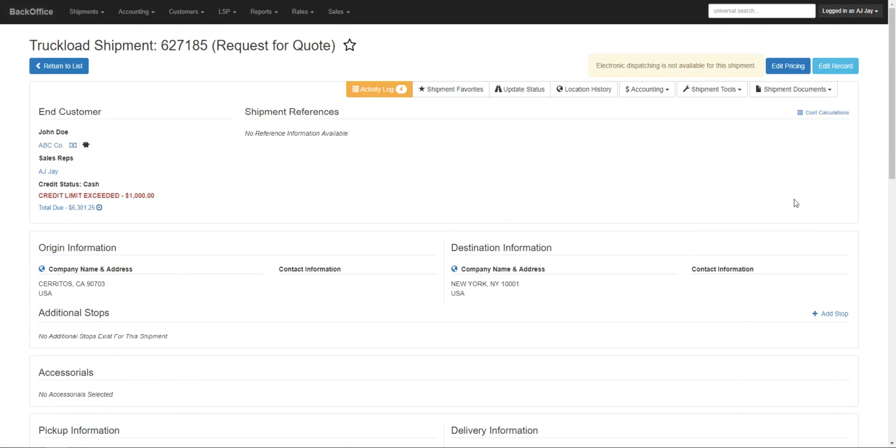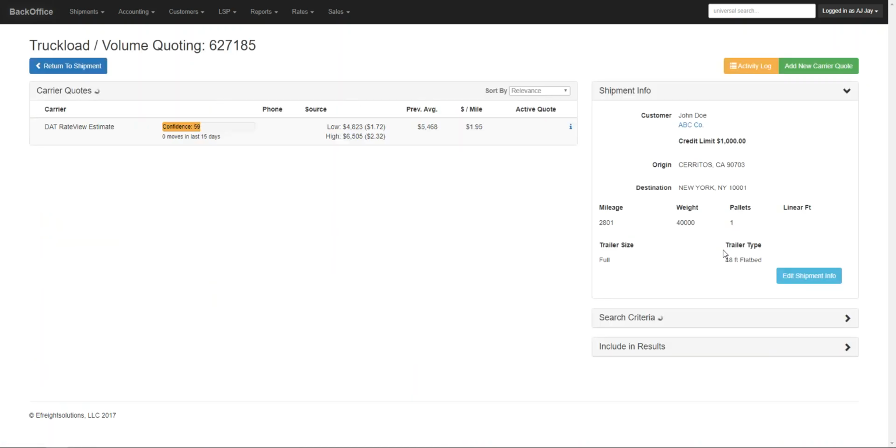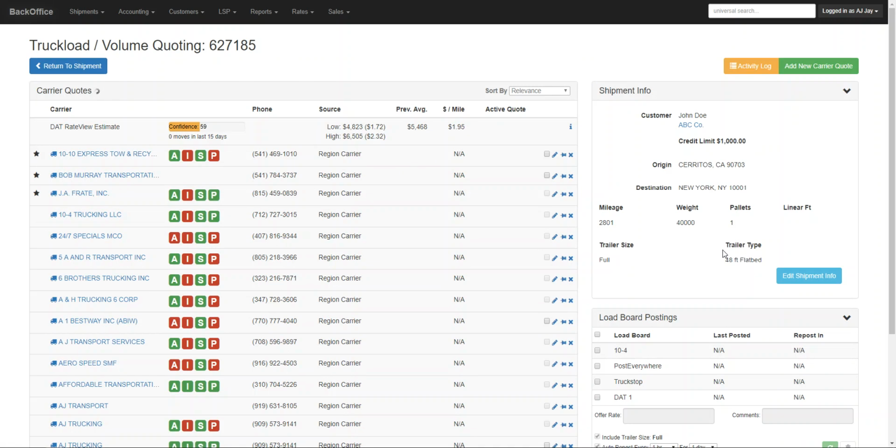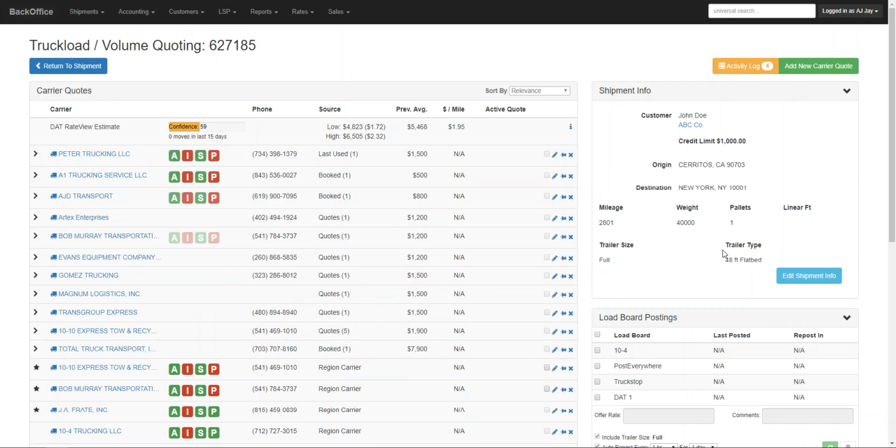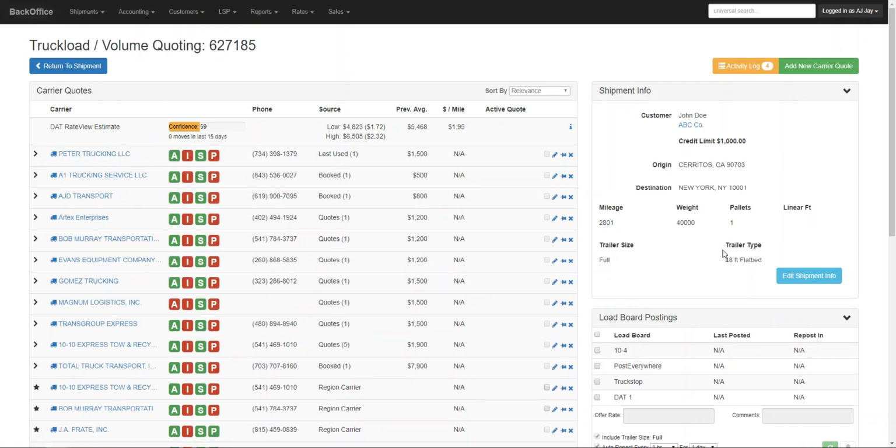Now at this point, you can do a couple of things. You can go to Shipment Documents and click on the quote sheet and send off the quote sheet. Or you can go to Shipment Tools and go to the Truckload Volume Quoting page. Now, the Truckload Volume Quoting page has a lot of features to help you identify a carrier to use for this load. I know in this example I already selected a carrier, but if I had not selected a carrier,